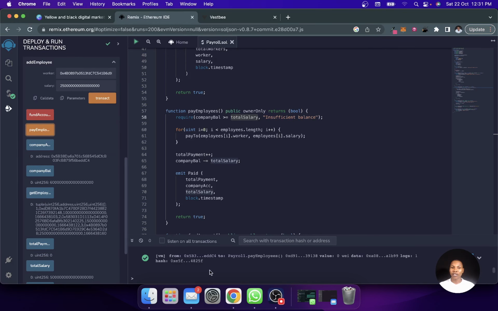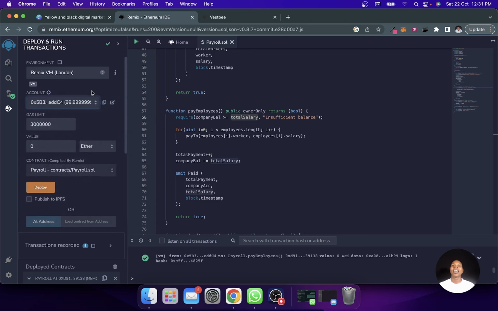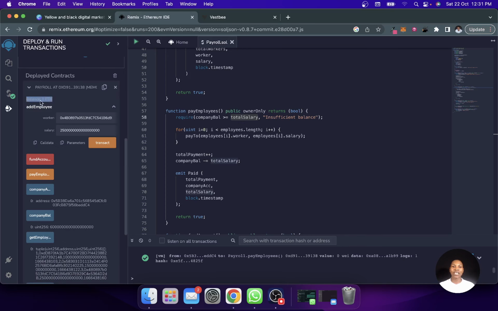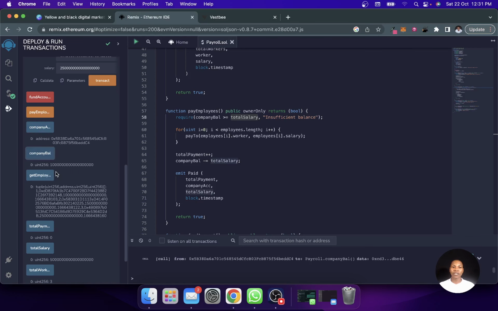Click on pay, successful. Now I come here, and you see each one of them received the amount of salary that was specified for them when I was entering their details. So the first person received 1 ether, the second person received 1.5 ethers as salary, and the third person received 2.5 ethers as their salary. In total that is 5 ethers, because now when I check here, my balance is actually 1 ether remaining. And if I check the company's balance, I see that it is 1 ether remaining,